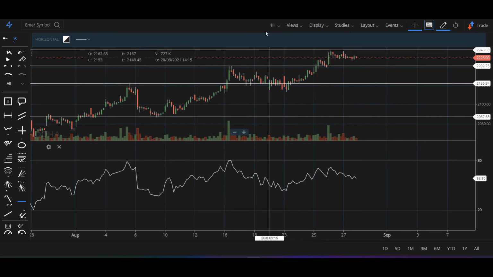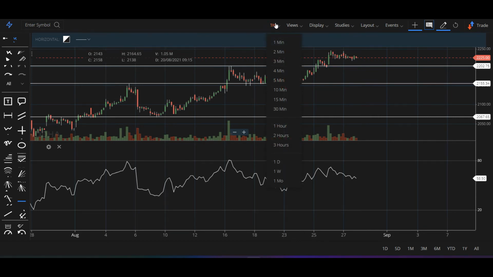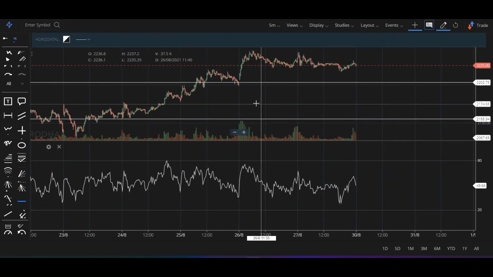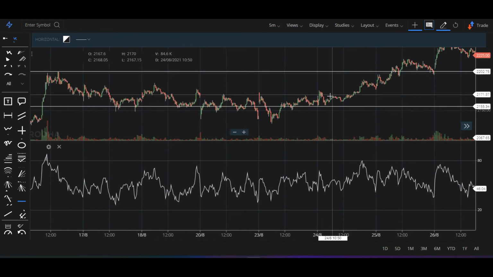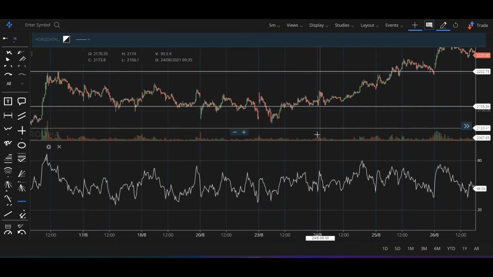So every day we can get enough and more opportunities on a Reliance kind of stock. If you get 10 points also, it's decent money, right? So when you are trading on these particular things, the 1 hour chart which we have put as a support and resistance, we can go back and check it out on the 5 minutes chart to find out whether it has worked or not worked, right?